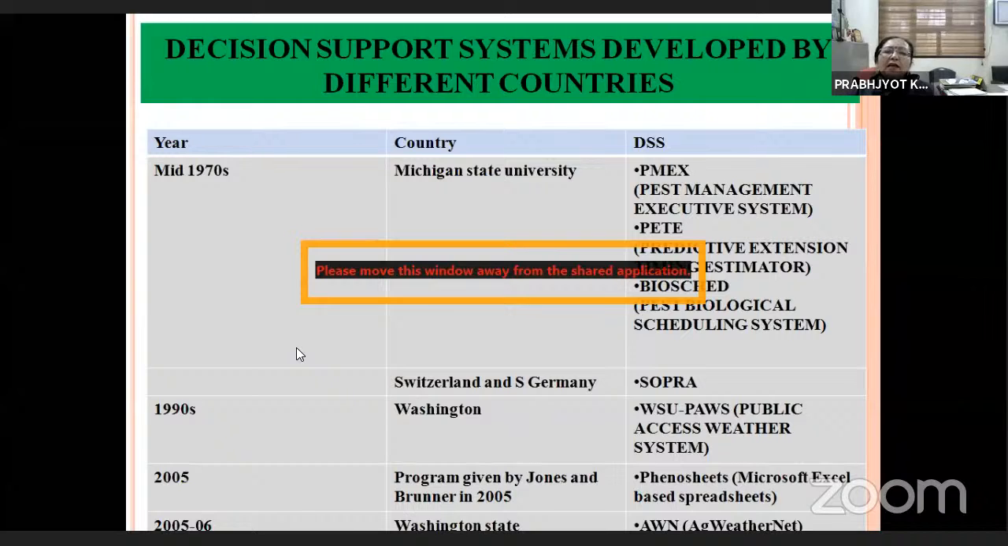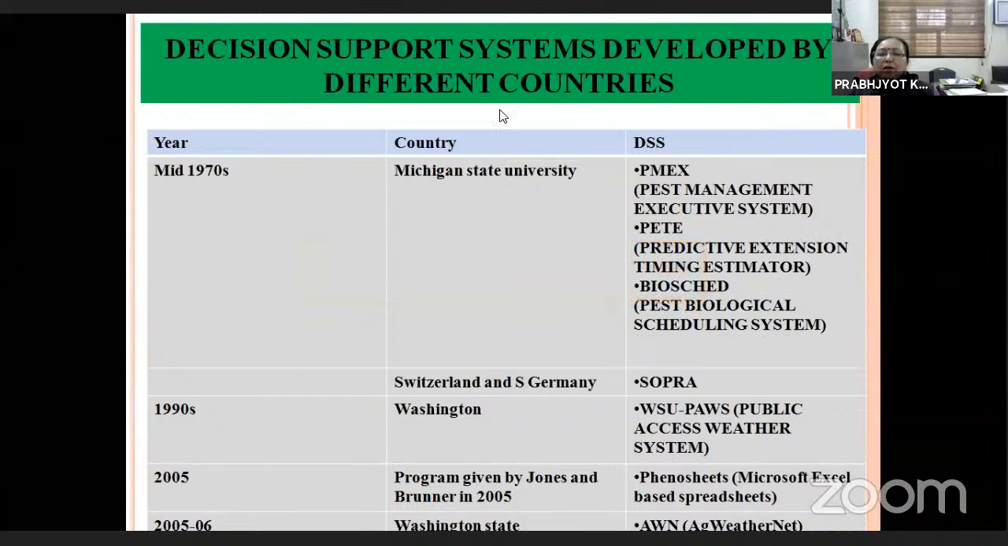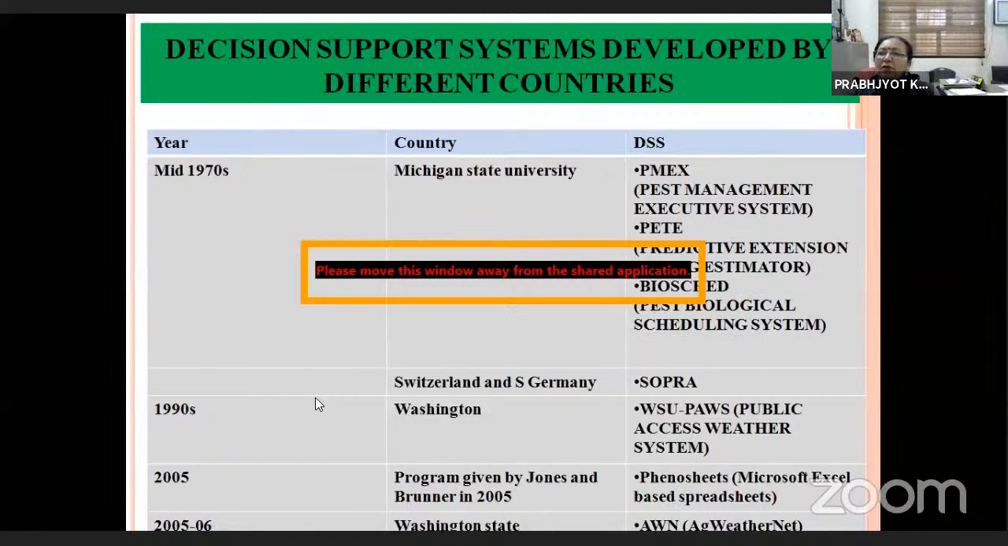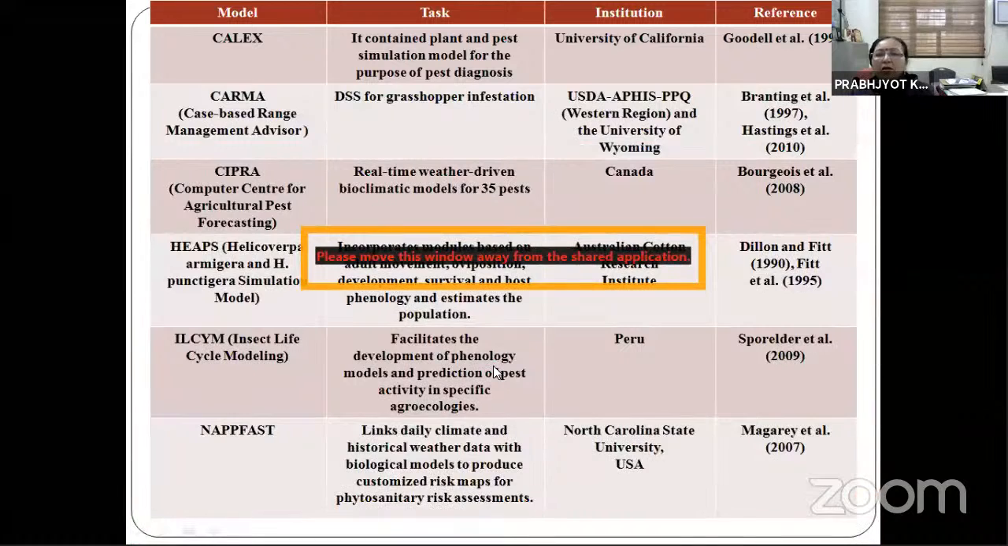So the work started in the 1970s, and then in the 1990s. In 2005, a program was given by Jones and Brunner, their Microsoft Excel sheets were developed for the management of pests through a decision support system. Later, in University of California, the Calyx model was developed. Then Karma was a case-based range management advisor. Then CIPRA, that was a real-time weather-driven bioclimatic model for 35 pests. Then HEAPS, that was a Helicoverpa armigera and Helicoverpa punctigera simulation model. It was developed. After that,